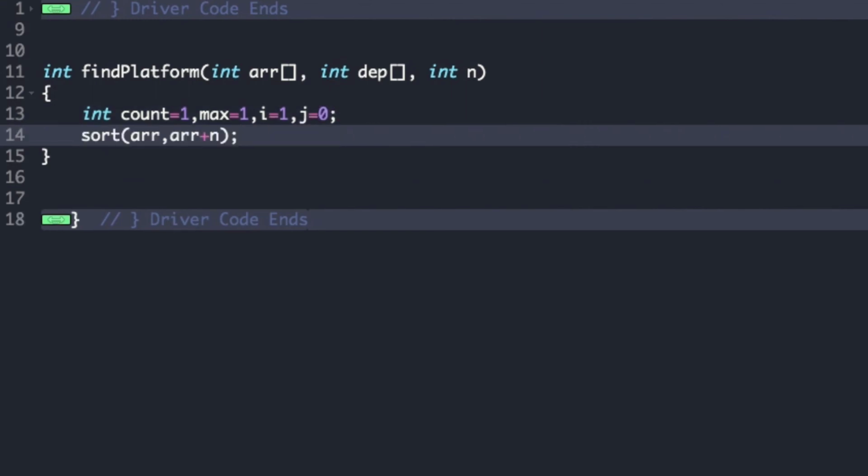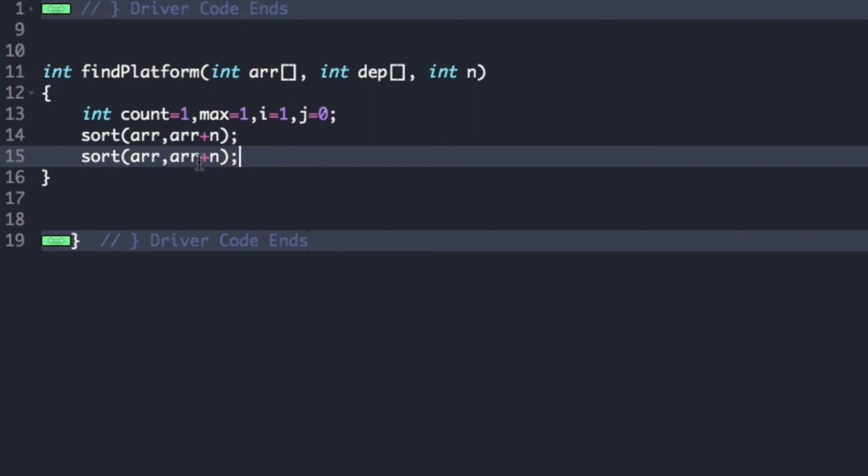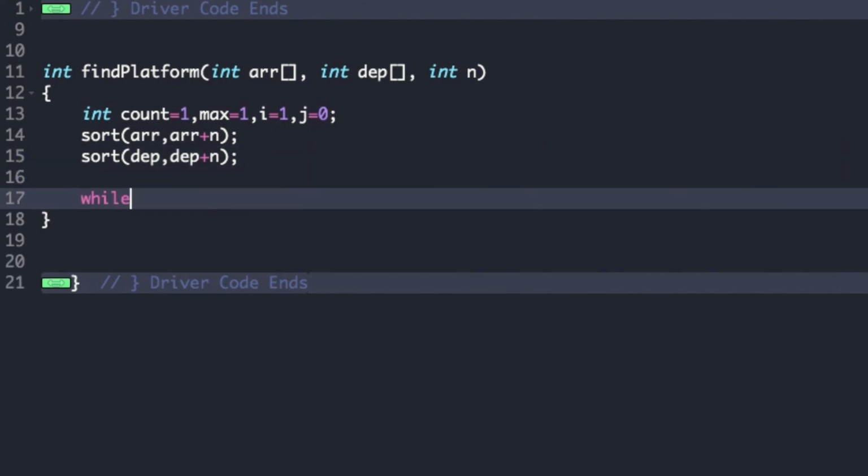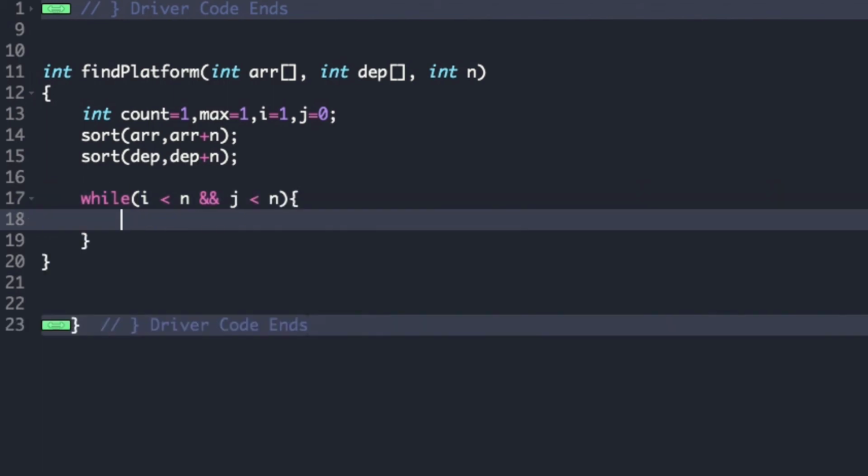Then we sort the arrival and departure arrays in ascending order. And after sorting, we run a while loop with the condition i is less than n and j is less than n. And we check whether arrival of i is less than or equal to departure of j.